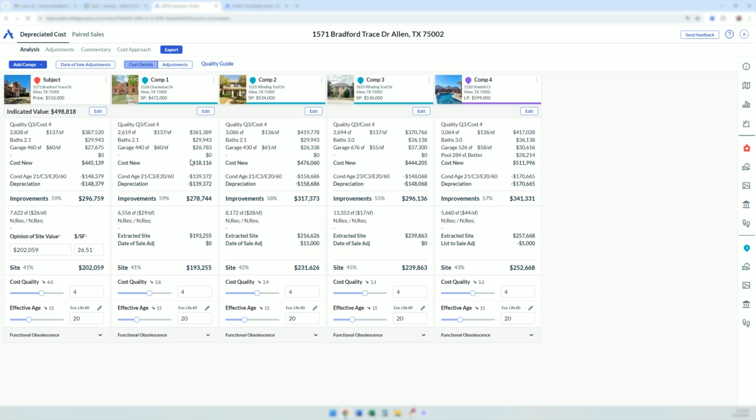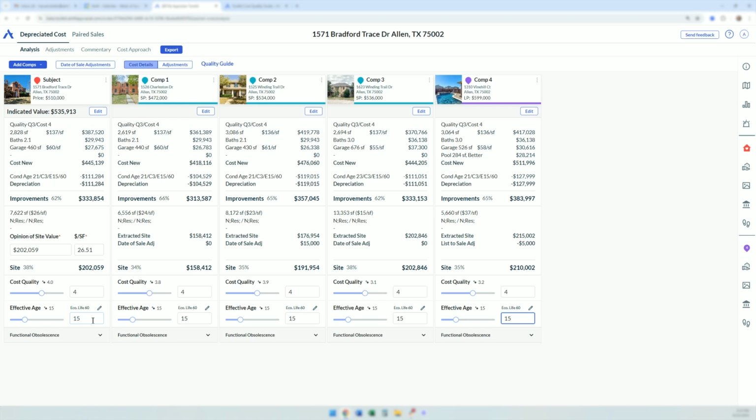depreciate them. So to do that, we need to know the quality of the improvements, and we need to know the effective age. Now, image recognition technology can certainly help us quite a bit, and this is something that a lot of work is being done in the industry on. But really, it comes down to you putting your own eyeballs on the properties yourself and making sure it makes